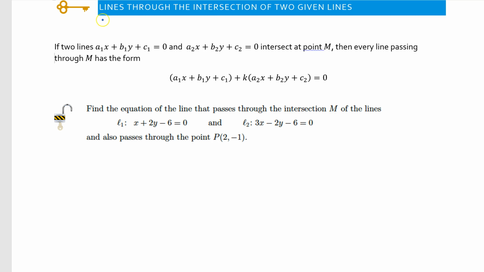Hello mathematicians, we're now going to have a look at lines through the intersection of two given lines. So we know that if two lines cross, they have a point of intersection. We also know that there are a multitude of other lines which pass through that point. So we're going to have a look at problems where we want to find some particular other line that passes